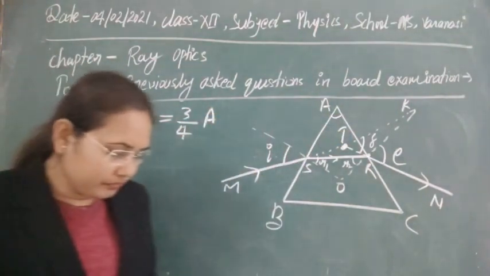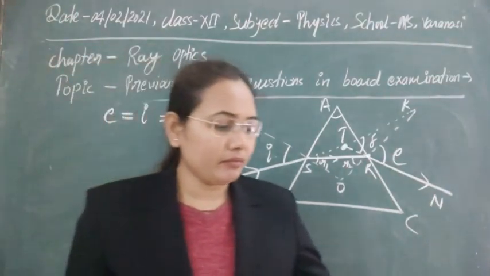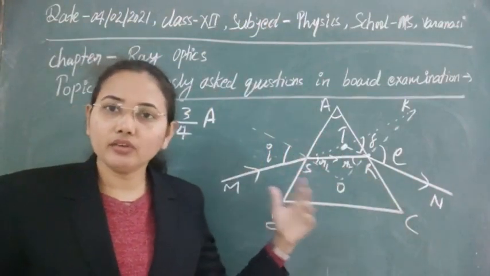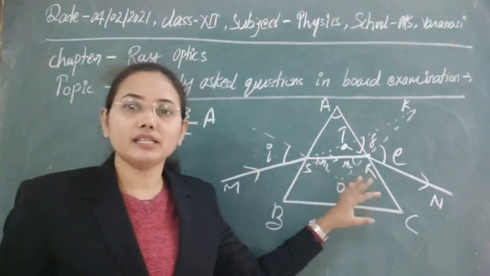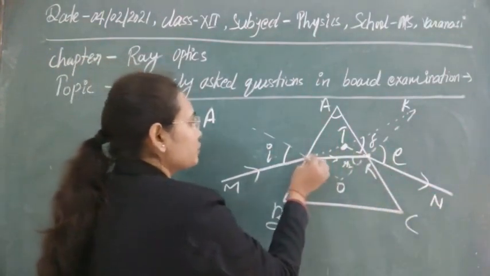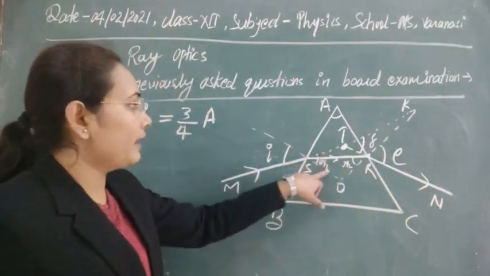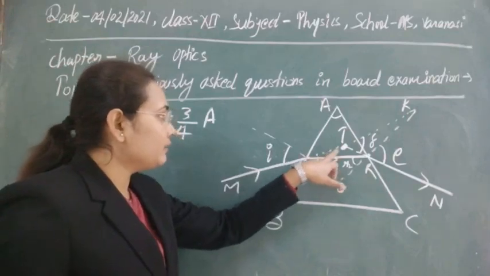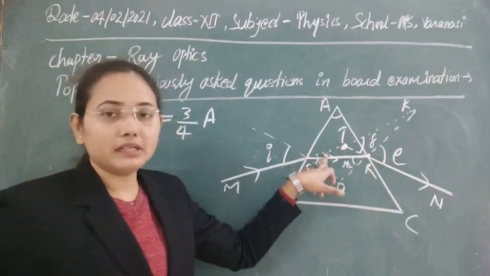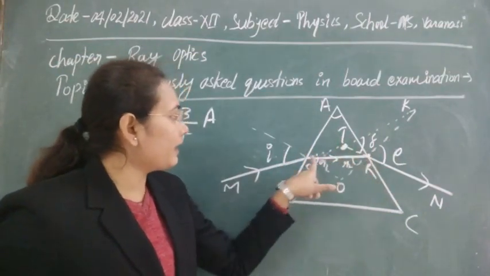Now we have to find out the angle of deviation here. First of all, I will draw this figure again to make you understand how you can find the angle of deviation from this diagram using geometry. If this angle is i, then this whole angle will also be i. So this angle TSR will be equal to i minus r1, and similarly you can find the angle TRS.